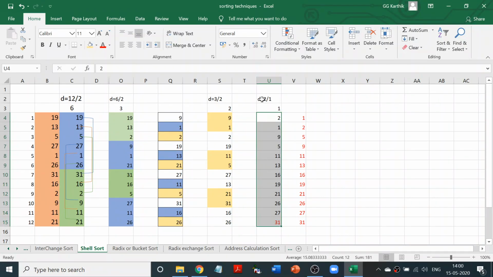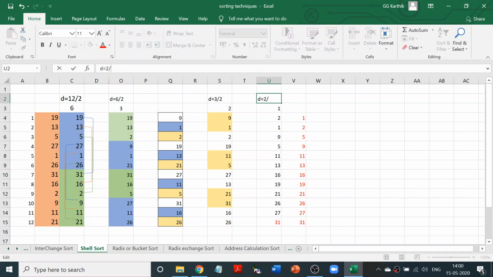Okay, so here again you divided that, and it is going to be 2 divided by 2. You said 2 divided by 2, and that is going to be nothing but 1. Okay, 2 divided by 2 is 1. So you have to consider each and everything. So all the ones, you compare 1 and 1, you compare 1 and 1, like that you compare every element, and this will be your sorted list. You understand? This is shell sort.